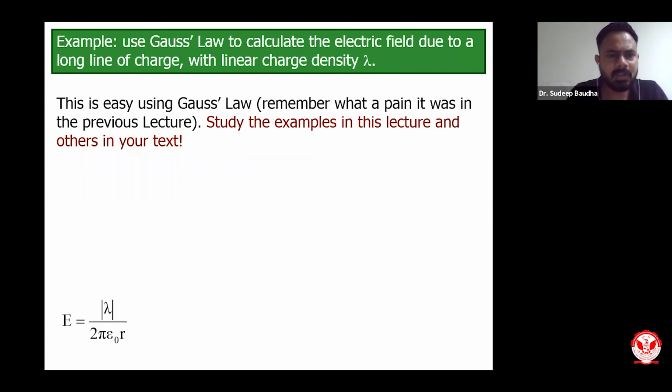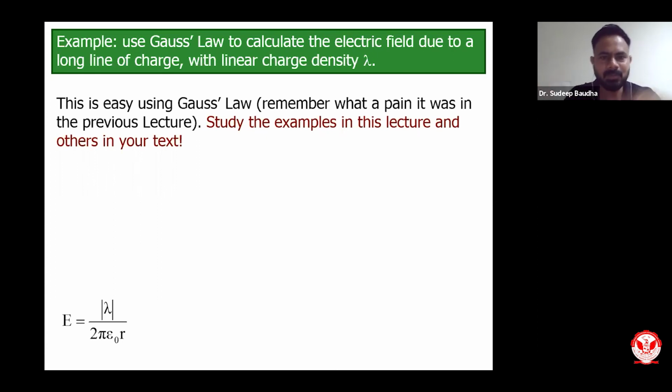So we have already done this. If you see in our previous lectures, that was a pain to calculate the amount of electric field due to this particular line. We have to find every point and then relate that point with respect to a small dq. Because of that small dq, I got some amount of dE. Then I integrated that dq over the entire volume. Then we got it.